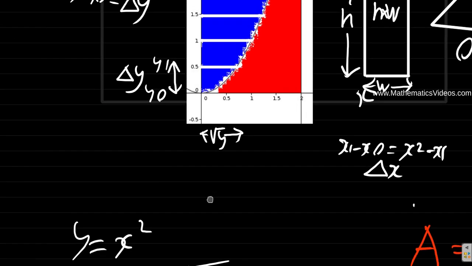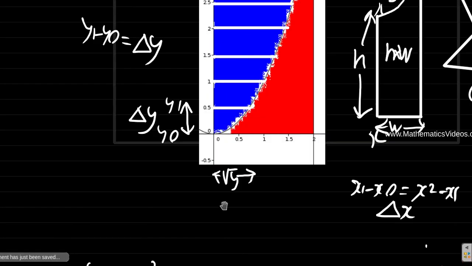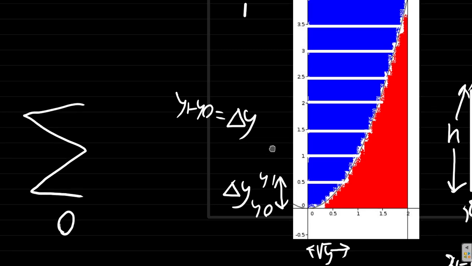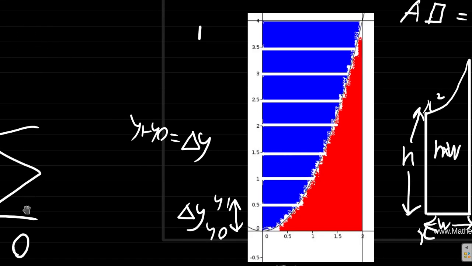You have the sum, let me write it over here, from 0 to, now the fact is, when you had x equal 2, it goes up to 4 because 2 squared is 4. So you're summing from 0 to 4